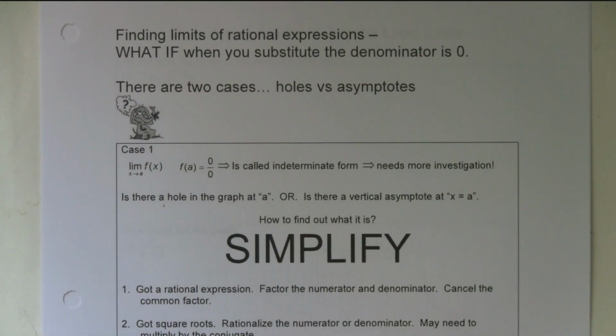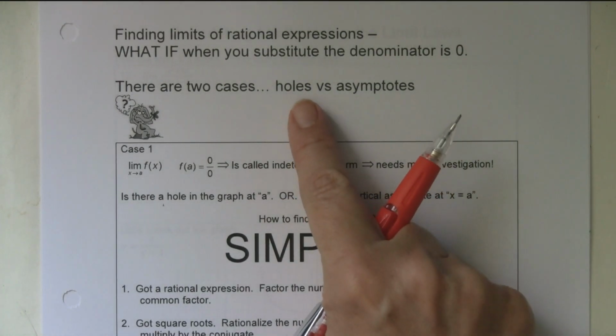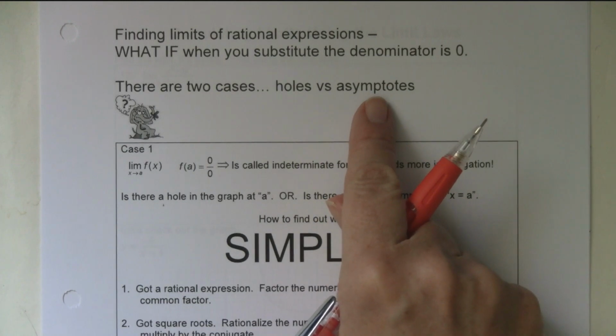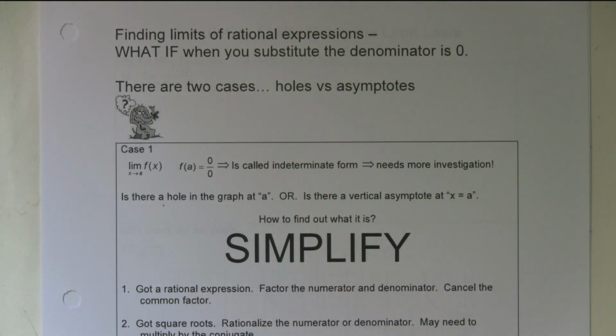Then, finding limits of rational expressions. What if when you substitute, the denominator is 0? There are 2 cases: when you have a hole in the graph versus when you have an asymptote. And we're going to be looking at these two cases in